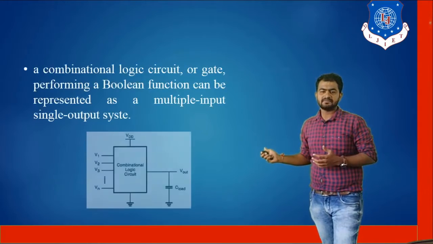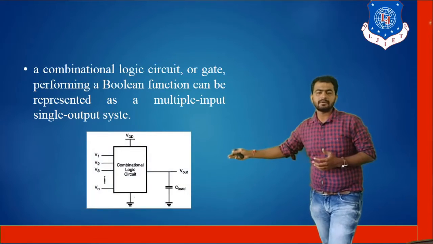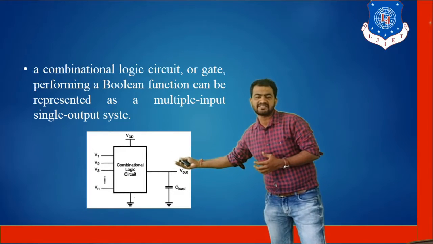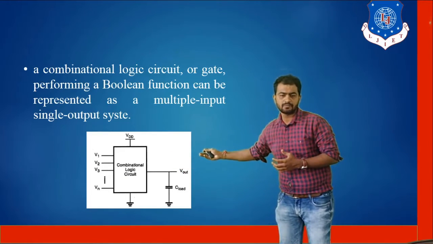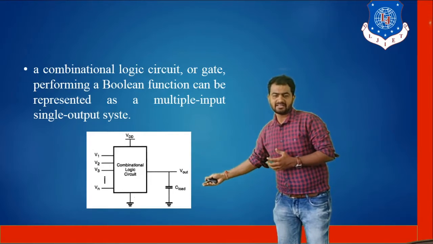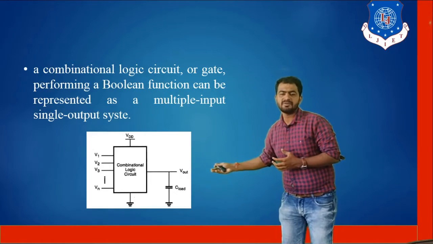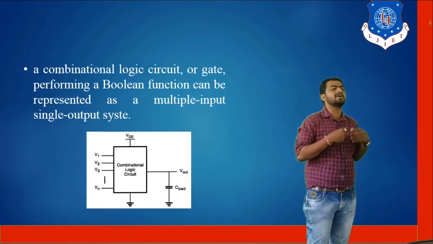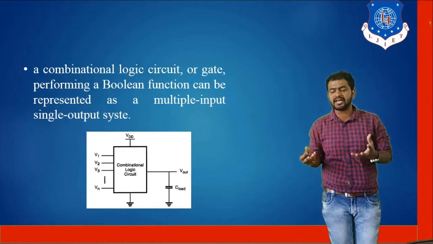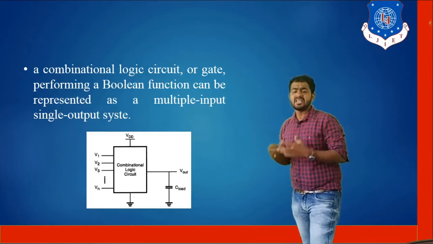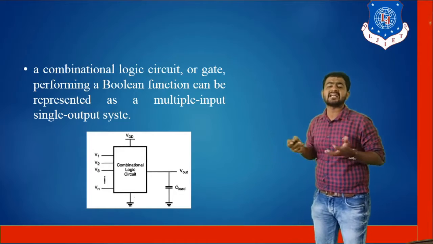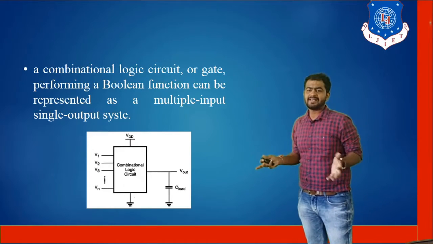As you can see, this is the basic diagram of the combinational circuit. We provide the different types of inputs on this side. We connect VDD and the ground terminal, and the output. The combinational circuit has different types of gates: you can perform an AND gate, a NAND gate, a NOR gate, an OR gate, and you can even work with the multiplexer, encoder, decoder. There are a number of types of gates that we can perform, right?